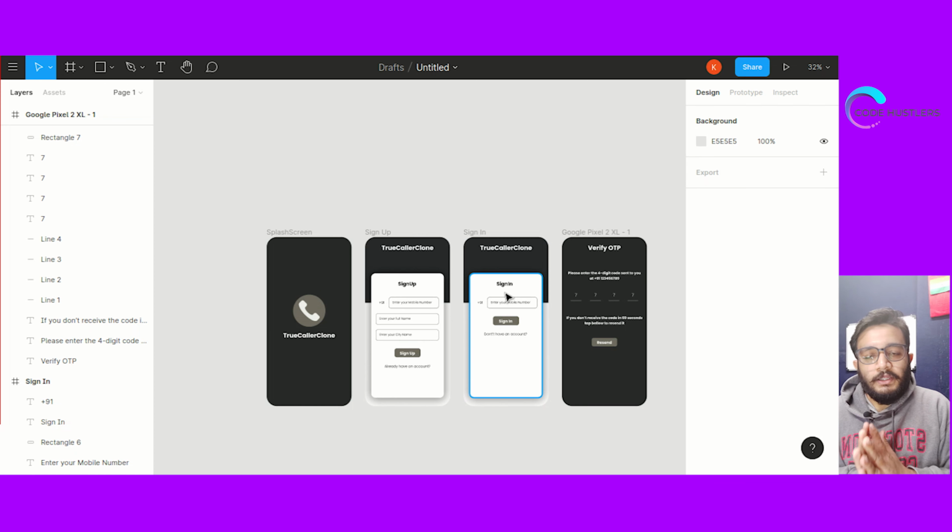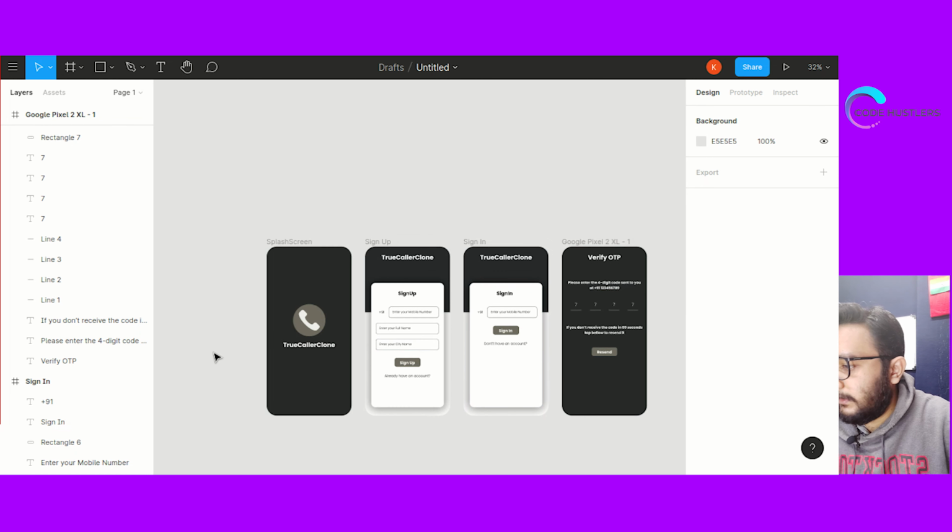There will not be lots of information like you see in the Truecaller app, because we are not going to make a huge app like theirs. The purpose of this entire series is to design some stuff from scratch. We are creating this application, and we are also going to implement a feature which is the core feature of Truecaller. So yeah, that's it.